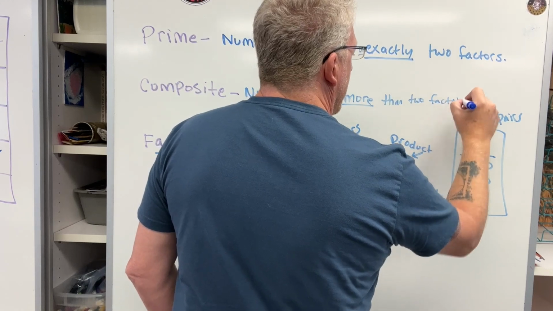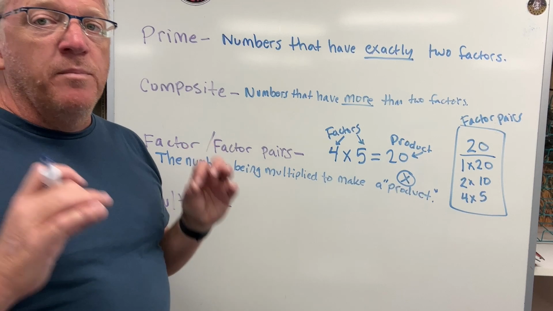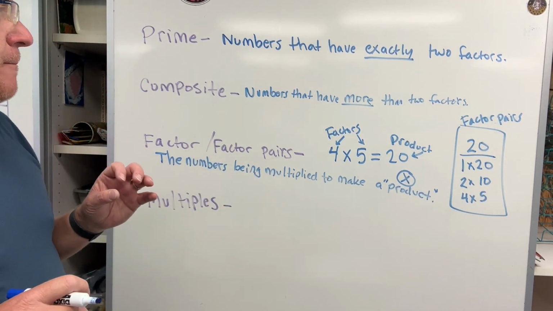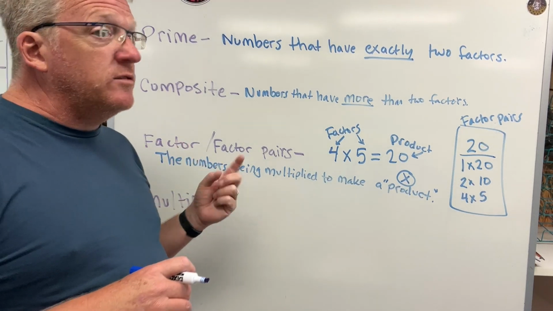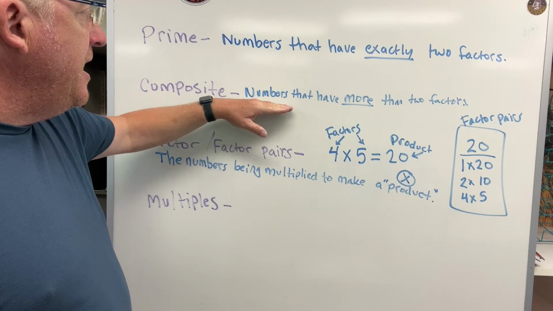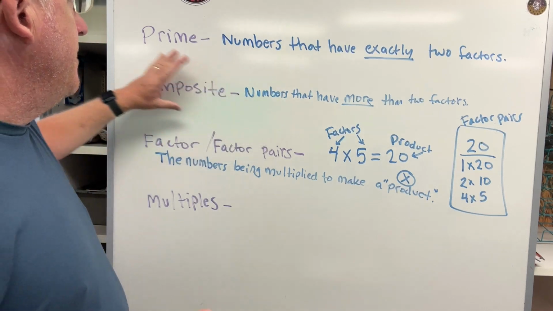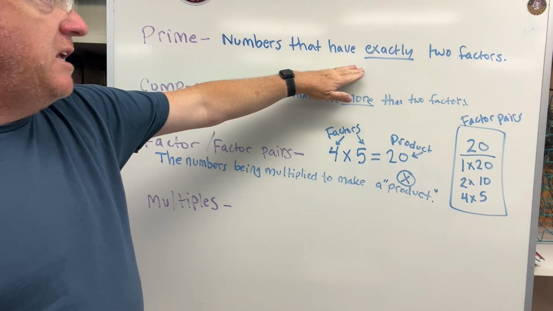Here we go. Numbers that have more than 2 factors are composite numbers. The only number that has less than 2 factors is 1. But any other number is either going to be prime or composite. Either they're going to have 2 factors only,